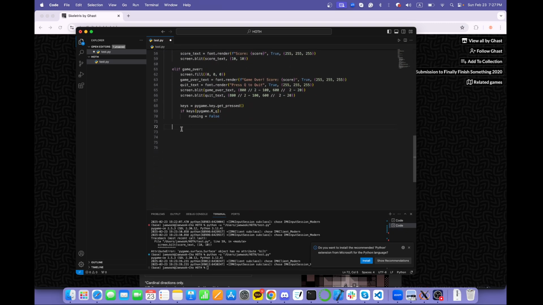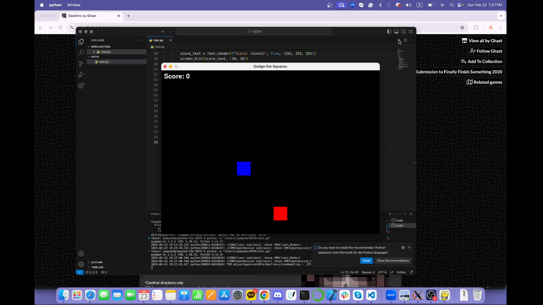And for each loop, now we're going to display what we have so far on the game. pygame.display.flip, and at the end we basically want to clean up all the stuff, so pygame.quit, and we say print game over, final score is score. Now we save the file, and if we run it, you can see if I press the left arrow